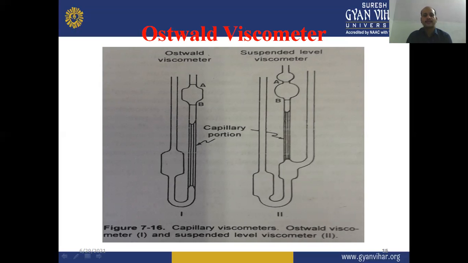When we suck the liquid from one side and then allow the liquid to pass through this viscometer, we have to measure the time taken to flow from point A to B. If the liquid takes more time flowing from A to B, then it can be concluded that our sample has more viscosity. And if the sample takes less time traveling from A to B, it can be concluded that the substance has less viscosity. So depending on the time taken to flow from point A to B, we can measure the viscosity of a particular substance.